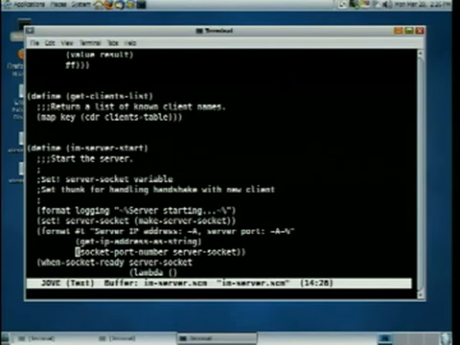OK? Now, do I expect you to memorize all these details about what a socket looks like and everything? No, absolutely not. None of those details are important for you to remember. It's important for us to walk through it, for you to get a sense of how it works. But don't remember the details.